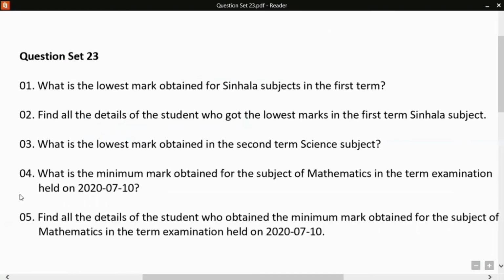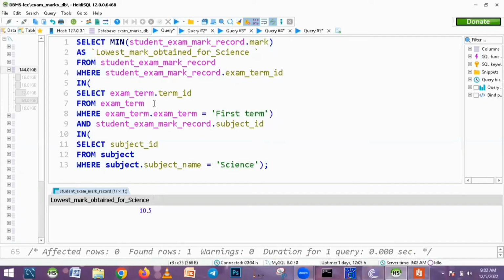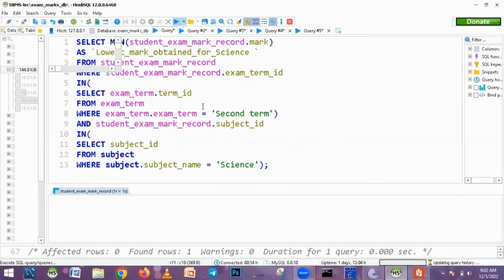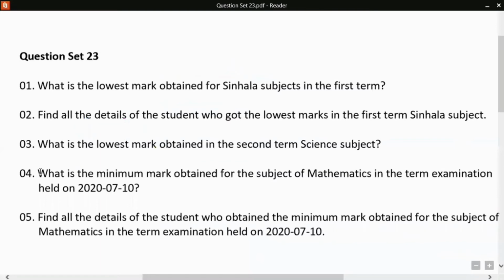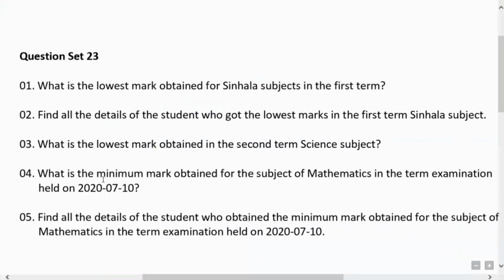All right, guys. Now we did the third question also. Okay, this is the answer. This is the answer. This is the query. All right. So we are going to the fourth question. So what is the minimum mark obtained for subject of mathematics in term examination held on